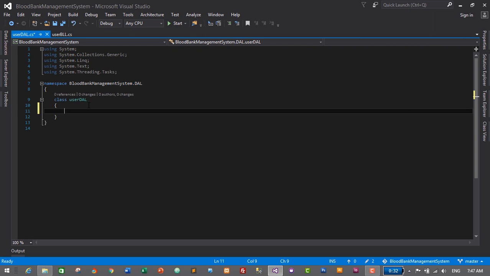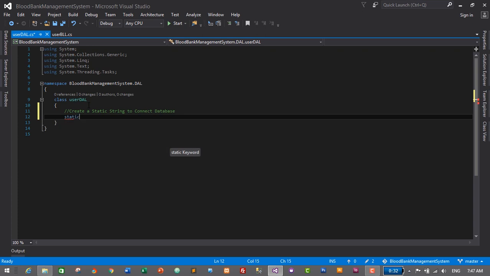This will be our UserDAL for the user module of our blood bank management system, and here we will write methods to select, insert, update and delete data for our user module. So the first step is to create a static string method to connect to the database. It will be static and string, and its name will be myconnectionstring, which is equal to